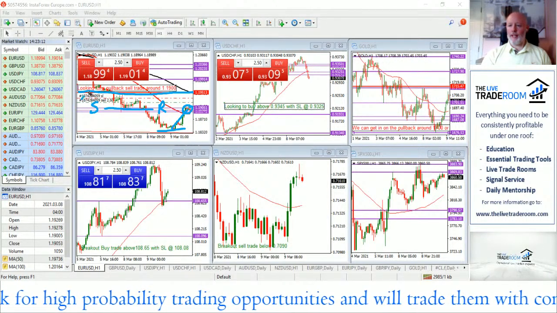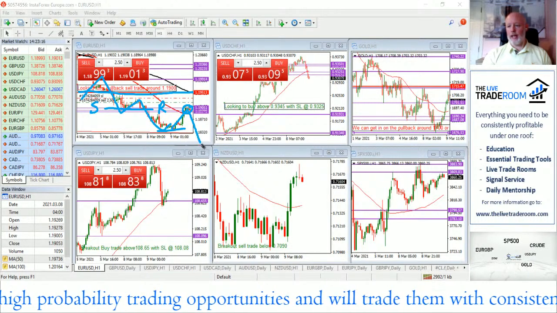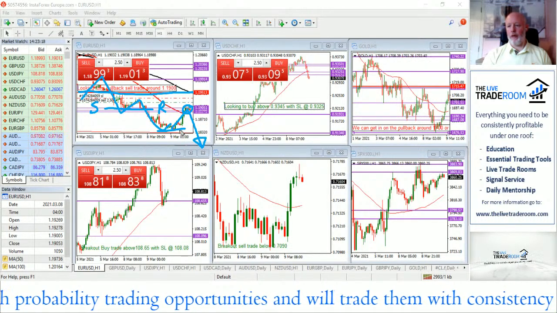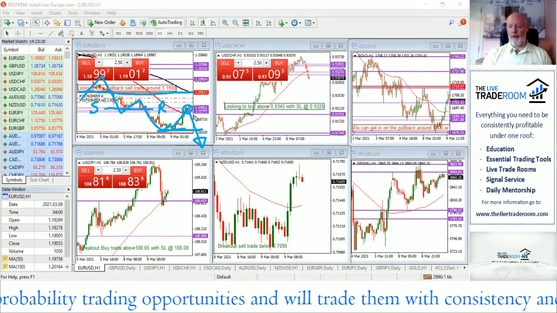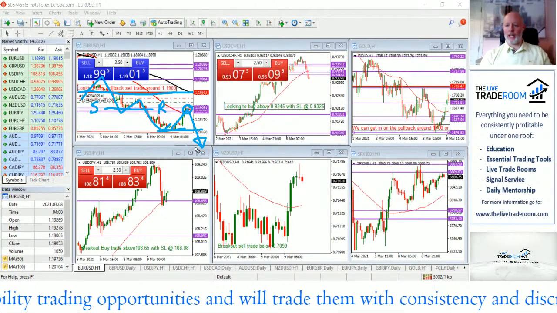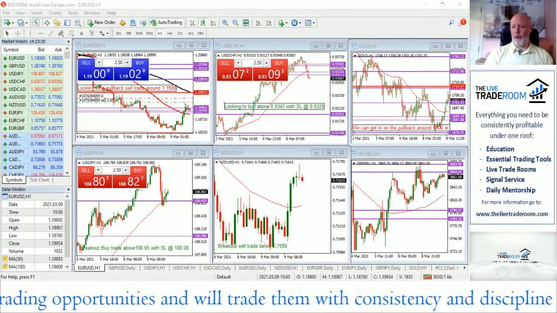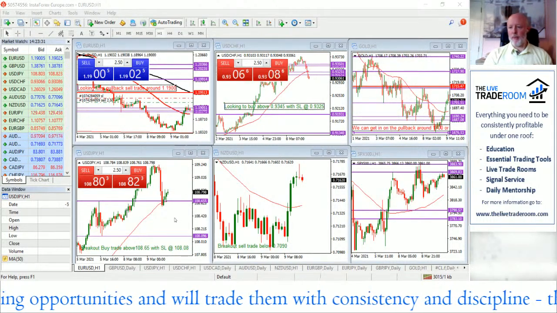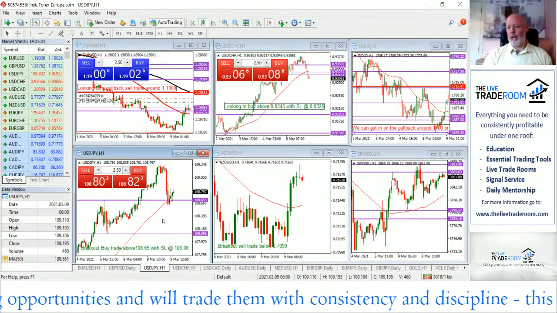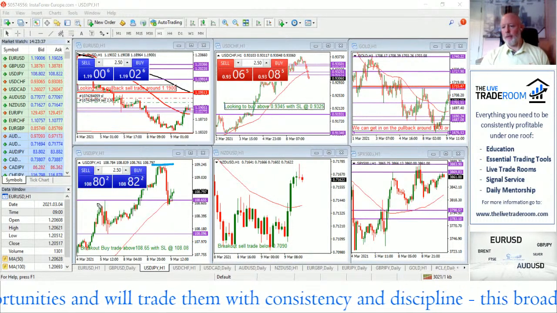So if we anticipate this market to move in this fashion, then the next leg to the downside for the euro dollar, we would interpret that as an opportunity to actually sell the euro dollar. We'll have a look at this price action in just a moment, but very similar analysis across these dollar pairs. Some of these levels